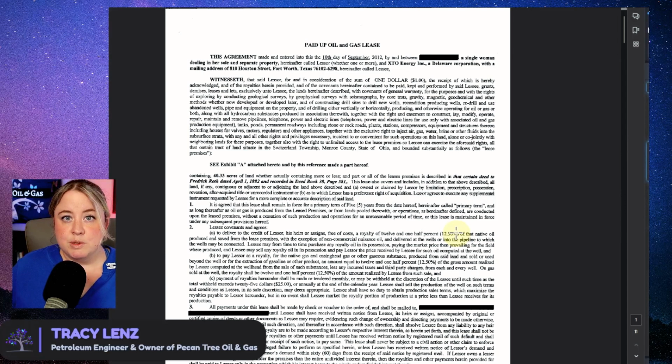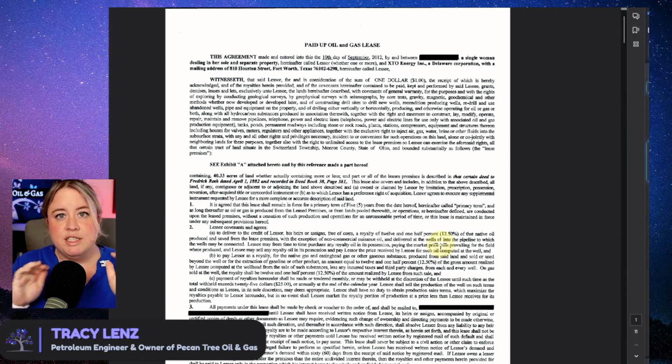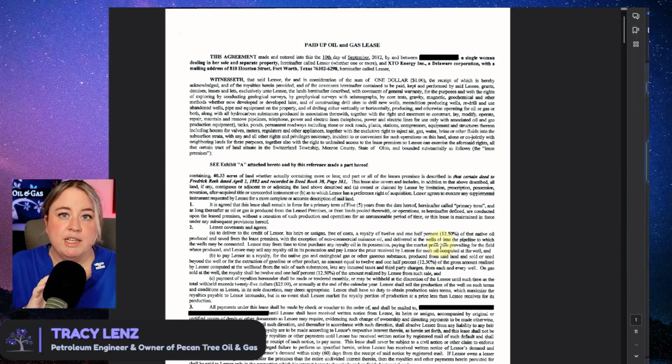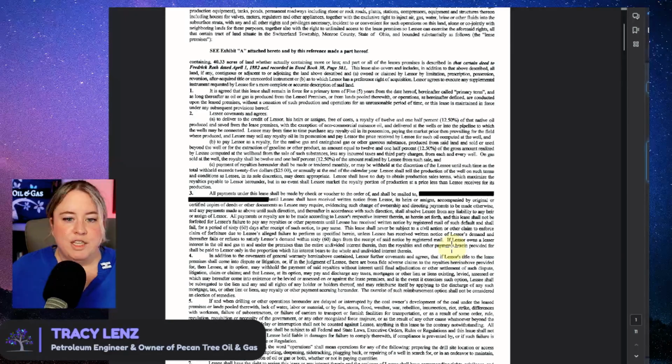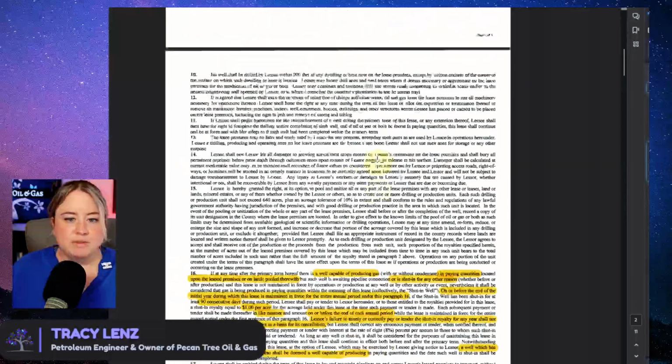Now, one of the reasons I pulled this lease was to show this example. Right here, it shows 12.5%. There's no line crossing it out like we saw before where they crossed it out and said 1/5. It just says 12.5%. But what's important is that documents need to be looked at as the entire document. You can't just look at one page and interpret the document with just the one page. You need the entire document in order to properly determine how it should be interpreted. So if we looked at this entire document and you keep scrolling, everything says 12.5% here, but if we keep scrolling,